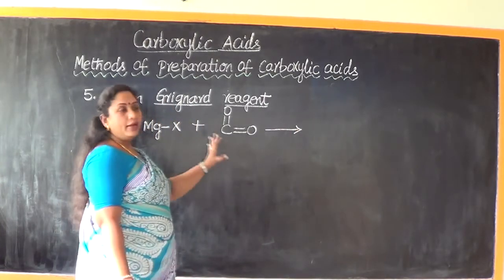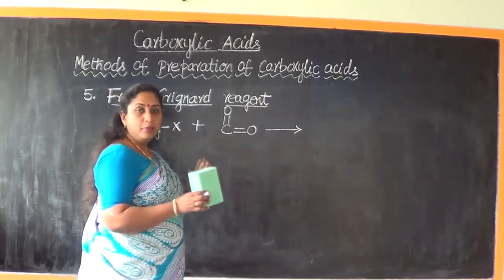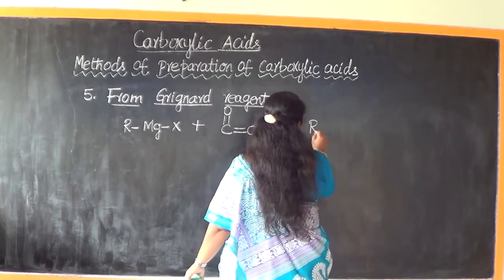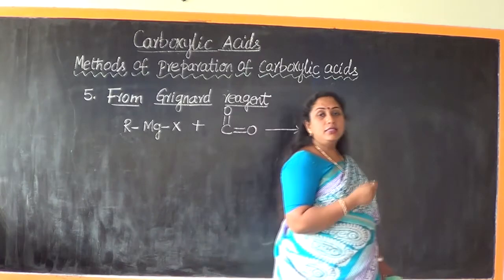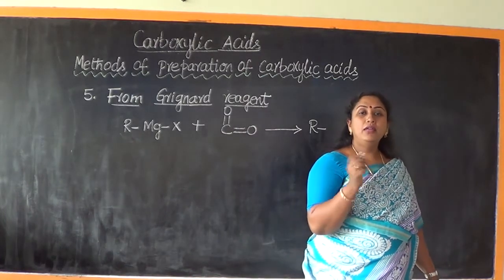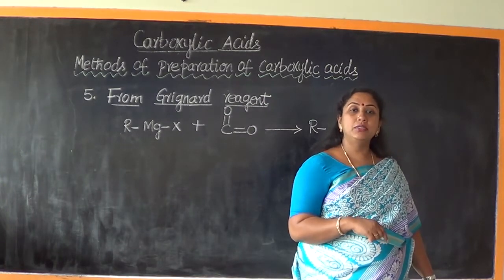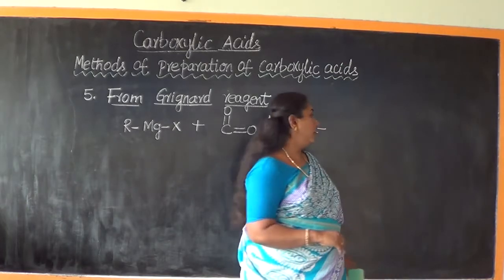They will form an adduct. This constituent and carbon dioxide, they both add up and they will form an adduct. So how will the adduct form? Adduct is an addition compound. It is an intermediate compound and it is an unstable compound. It will not remain like that for long. It has to be immediately subjected to the process of acid hydrolysis to obtain carboxylic acid.